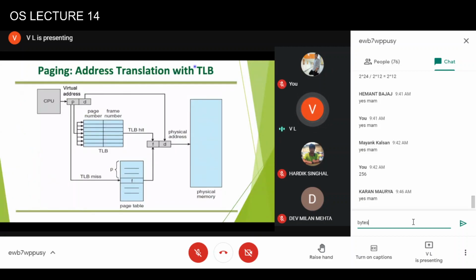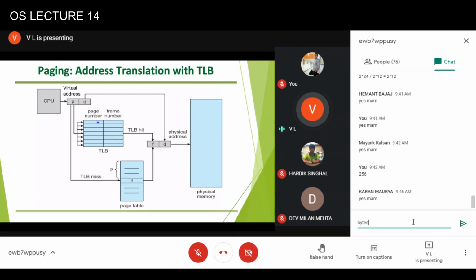So address translation with a translation lookaside buffer will look like this. The processor will first of all try to see whether the entry corresponding to this virtual page number is in the TLB or not. If yes, then it gets the corresponding physical address for this entry. If there is a TLB hit, this entry will be used. If there is a miss, then it will fetch from the page table in main memory and gain this information. Then once you know where the physical page is located, you concatenate the offset and get access to the actual address.